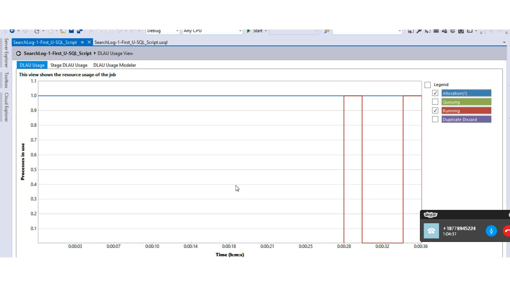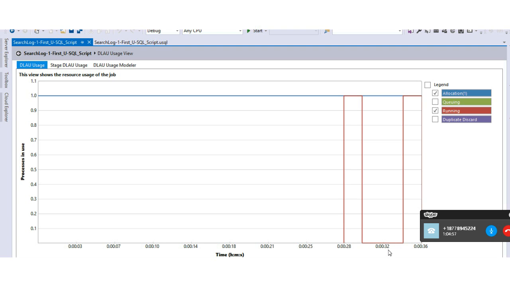This is just a sample query. In case you're running with GBs or petabytes of data, then you can actually see the actual power of how you can compare the latency versus cost. So here I've given 1, and I've actually wasted my complete ADLA unit here until the 20th second.